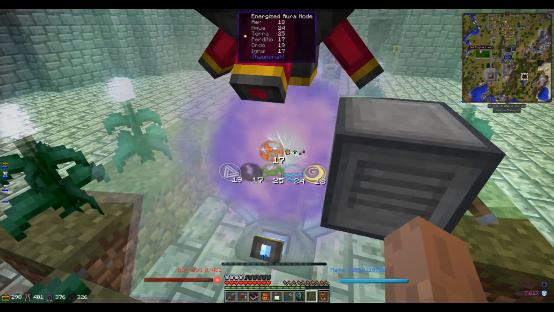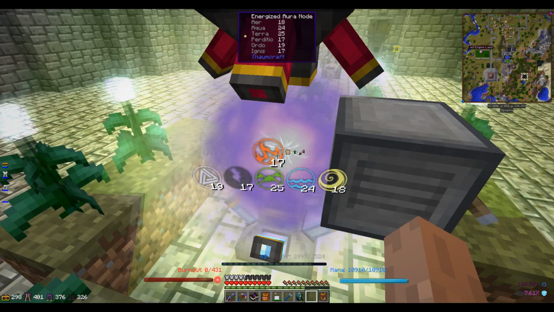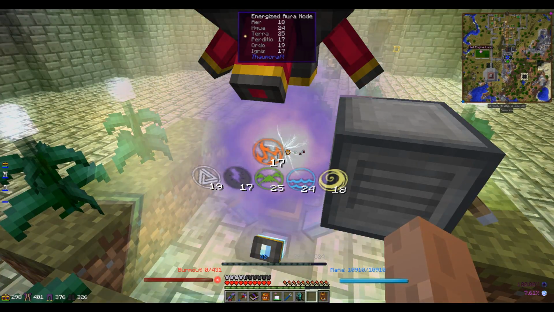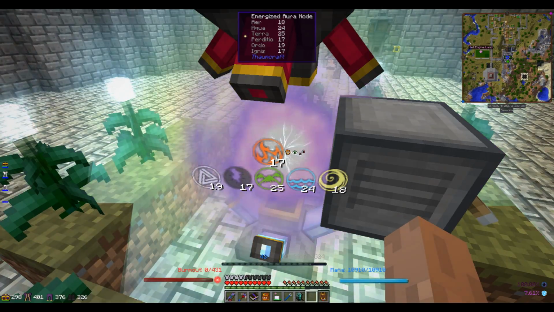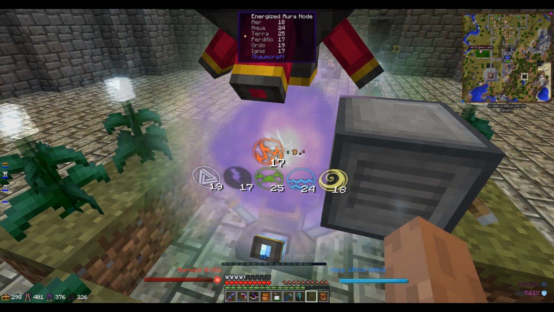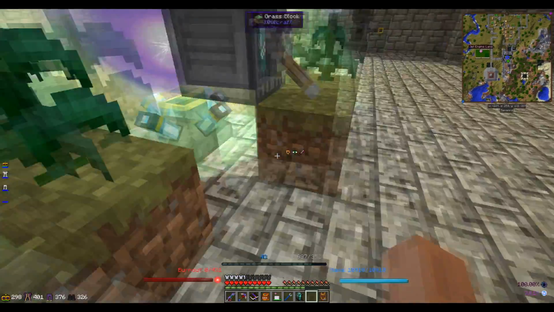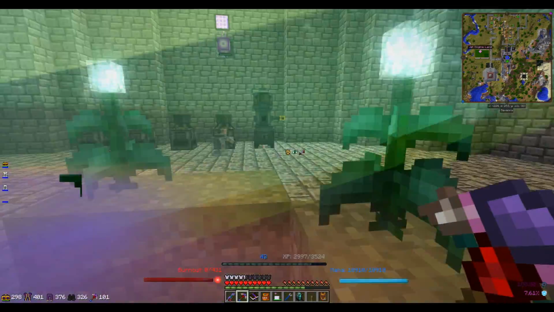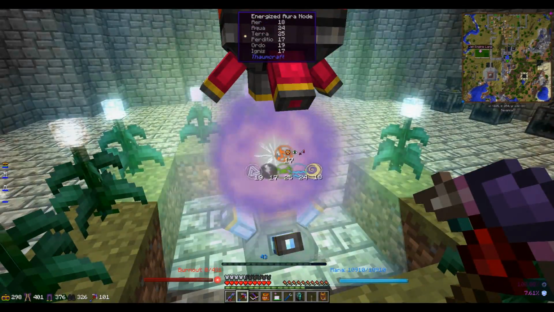Oh. Okay, so 18 air, 24 aqua, 25 terra, 17 perditio, 19 ordo, and 17 ignis. Not bad, not bad. Alright, so we can break that, and